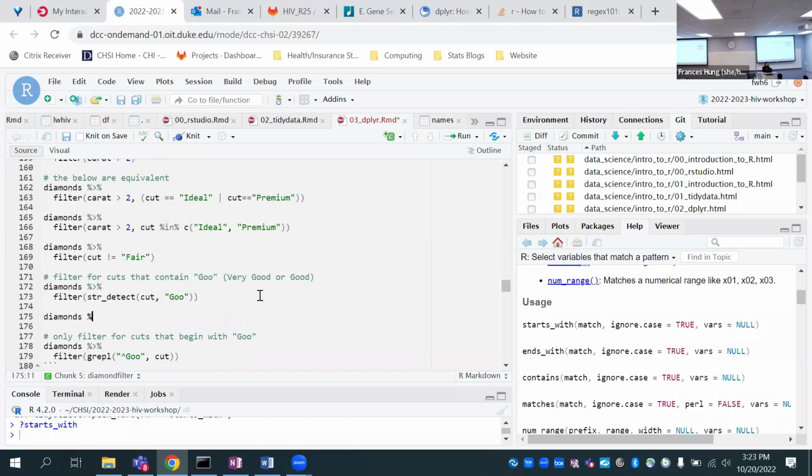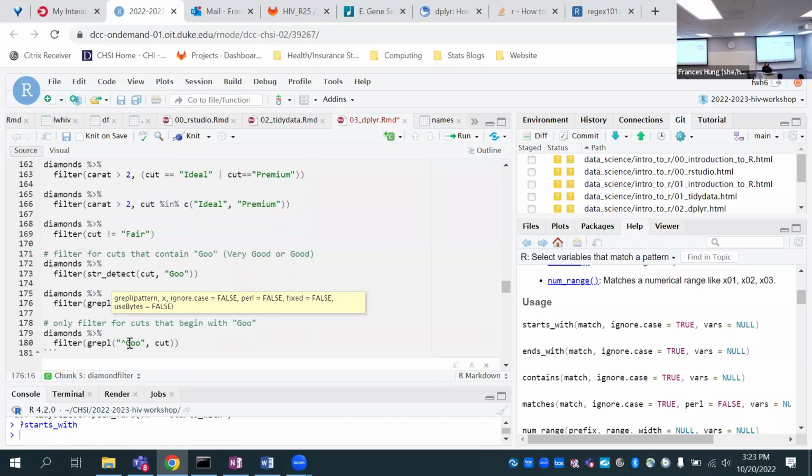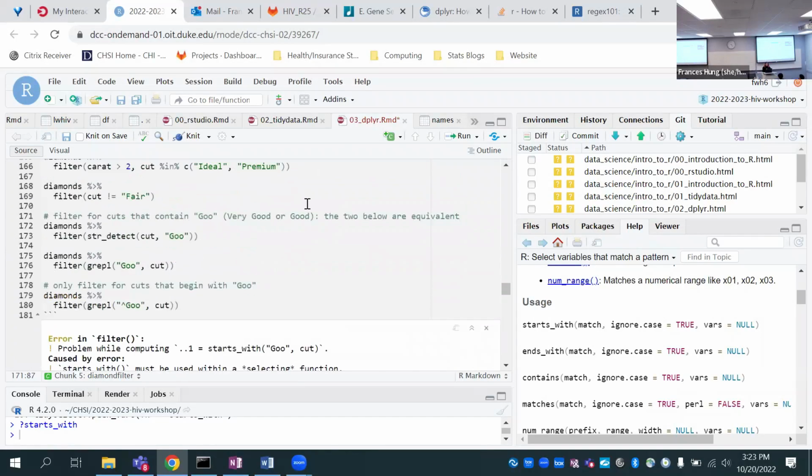This without the caret is the same as string detect. Okay, so that's enough about filtering.